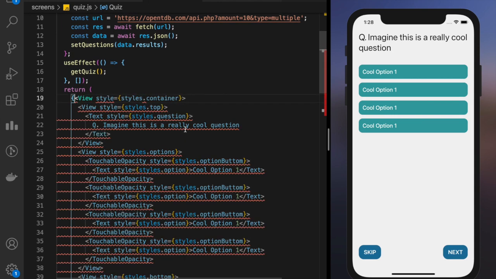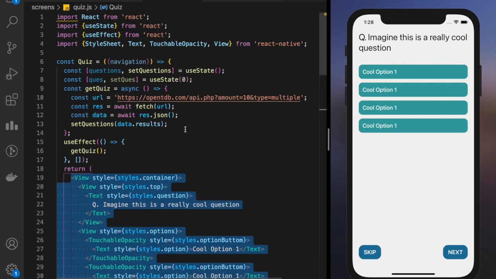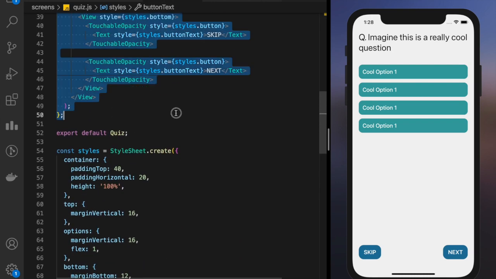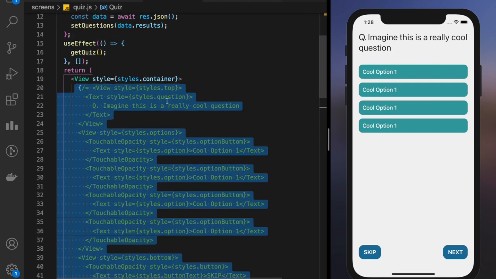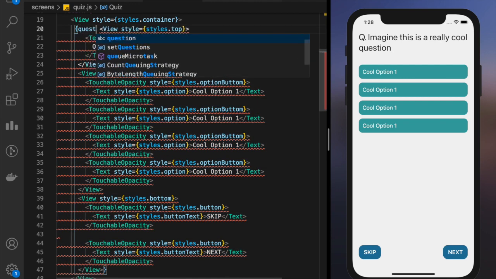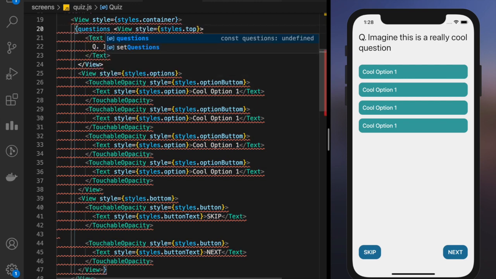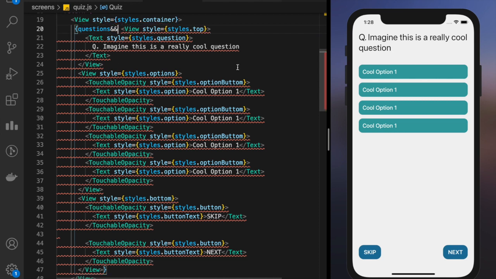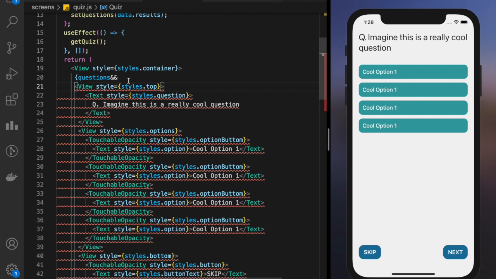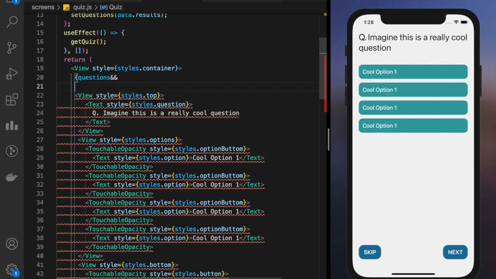I think I am doing something wrong here. I guess I made a typo back then. Okay, so this is an operator, this style, okay, I got it.